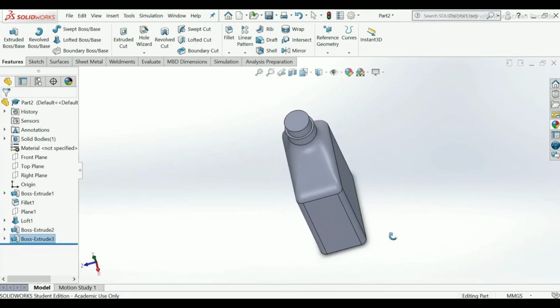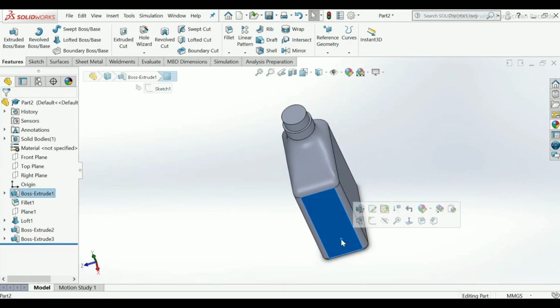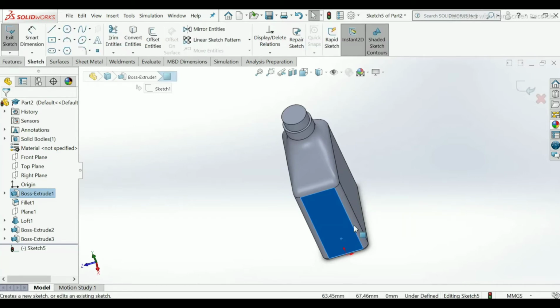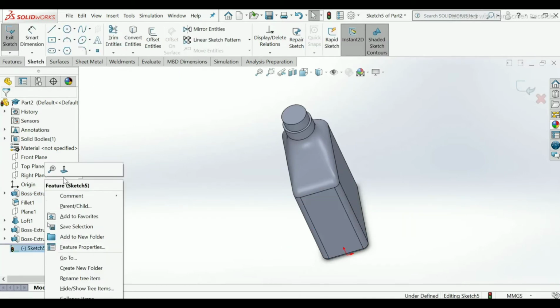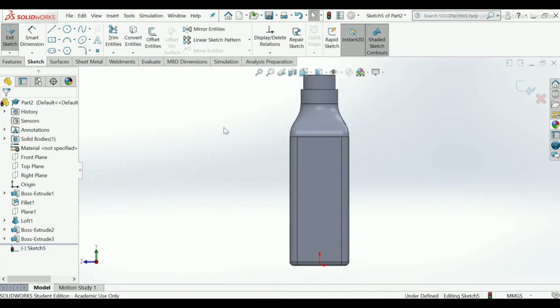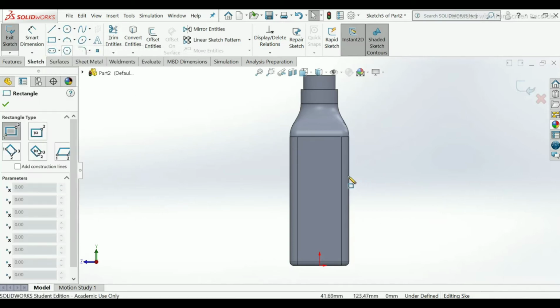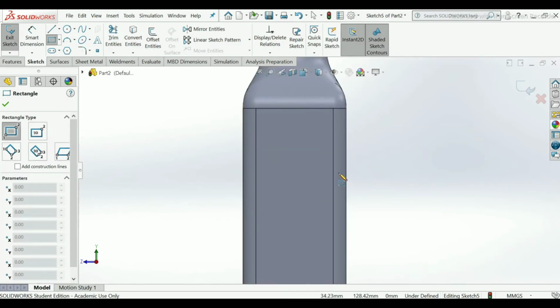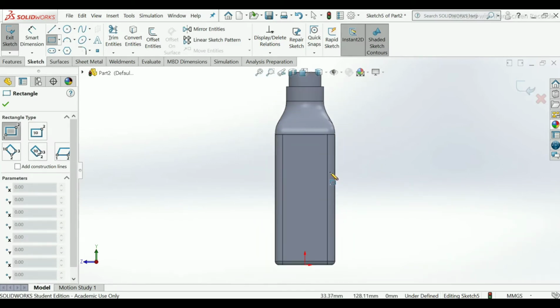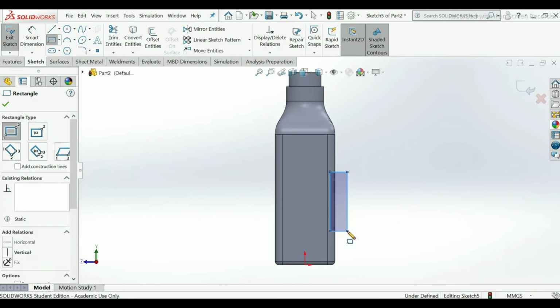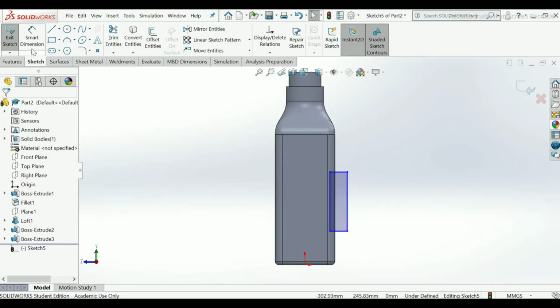From here and here it is a cut portion, so I will select this plane, sketch, normal to profile. Now I will choose corner rectangle from sketch tool command manager. Draw a rectangle here roughly. Apply dimension.